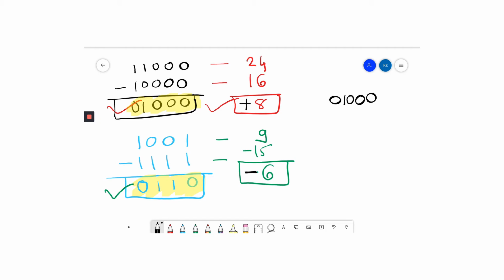And because here I have, which sign do we have? Plus sign, right? We have plus sign. And to represent the plus sign, what do we use for the positive number? We use 0, right? So 0.10000. So now this is the perfect answer. Now I can say both are equal.